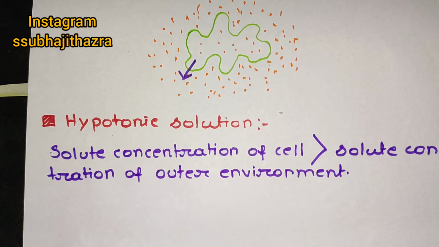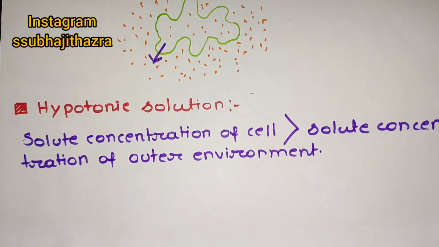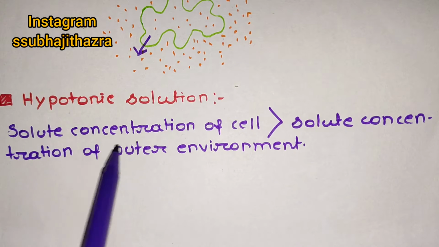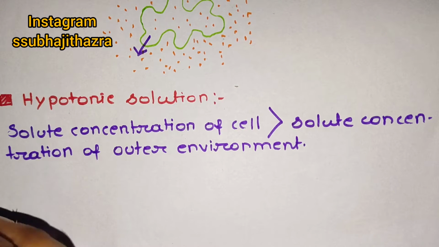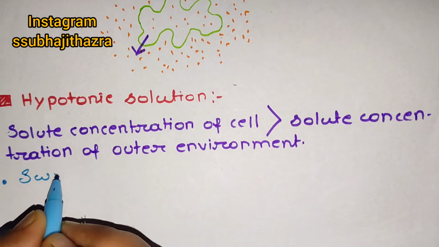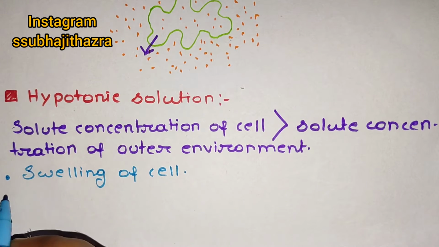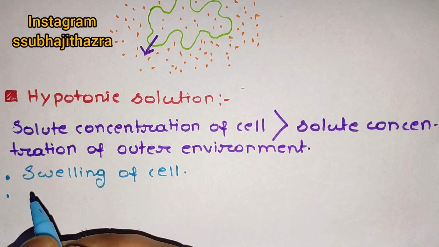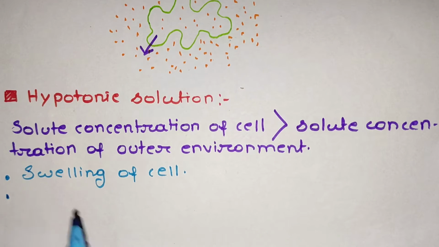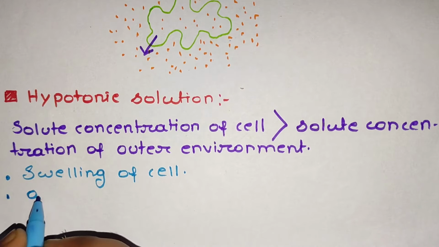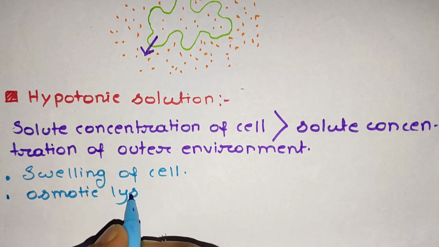The cell cytosol contains much more solute than the outer environment, so there is a chance of movement of water from outside the environment into the cell. It leads to swelling of the cells, because water enters inside the cells